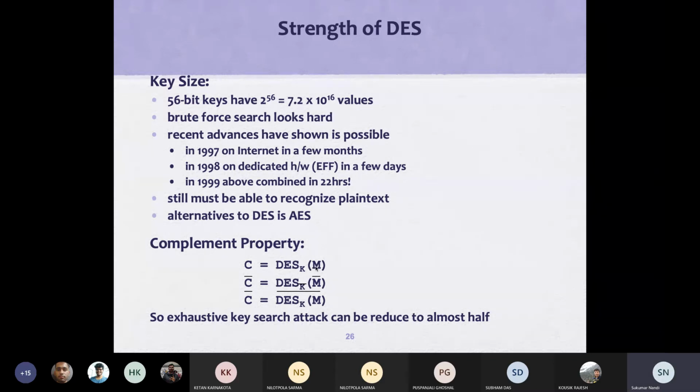So if you know message M and ciphertext C, you can easily create the ciphertext C prime, the complement of C, from the message M prime, the complement of M. We don't require executing it. So 2 to the power 56 automatically becomes 2 to the power 55. We don't have to search every key, because the complementary property halves the search.